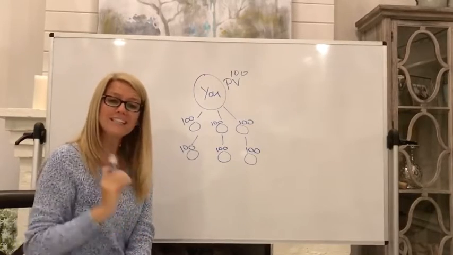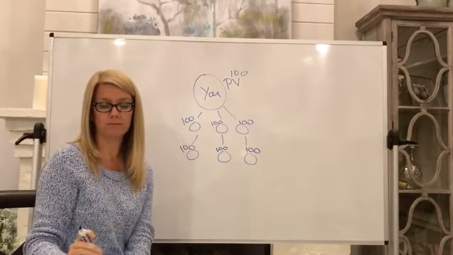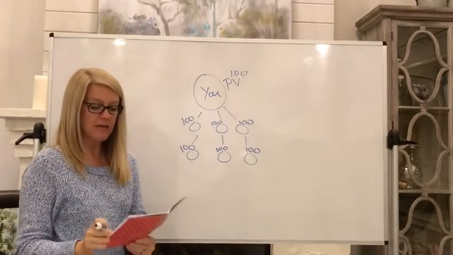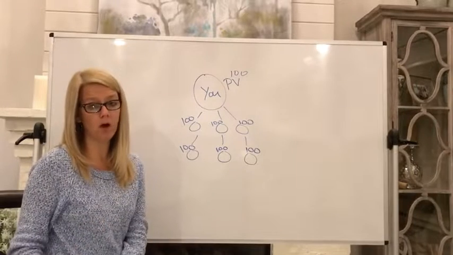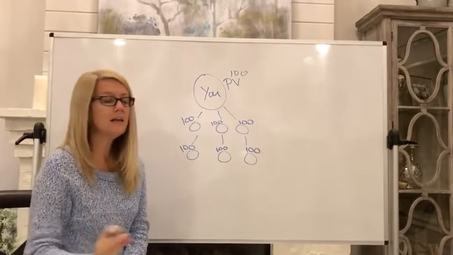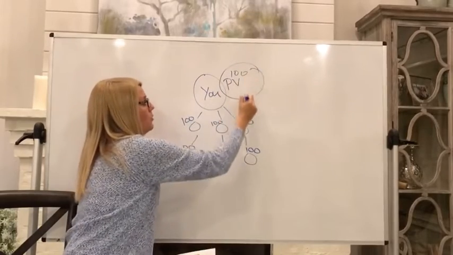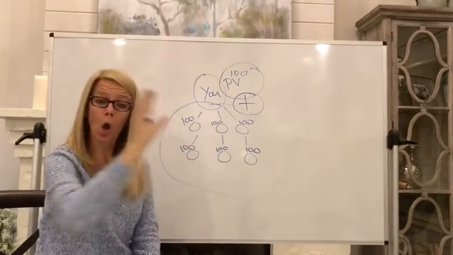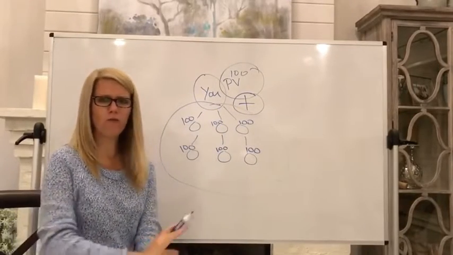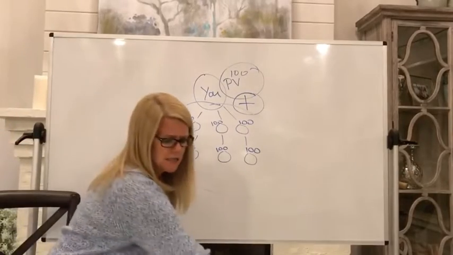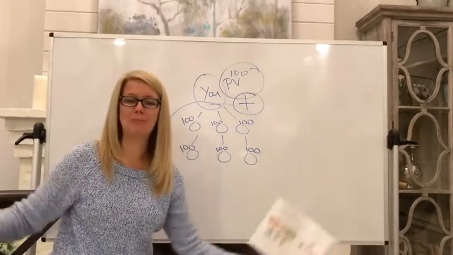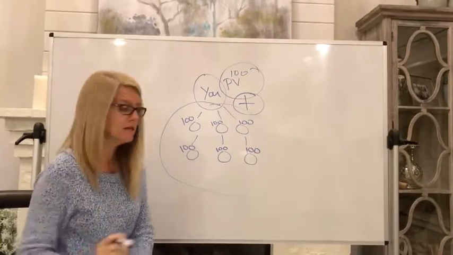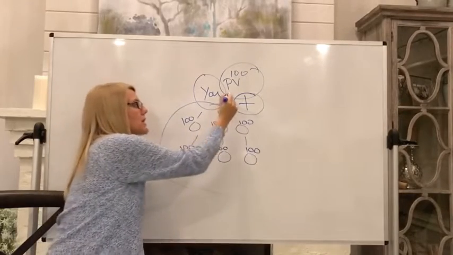OGV is organizational group volume. PV is personal. OGV is organizational group volume. That is your PV plus everybody's PV in your whole entire organization. From now until eternity, down infinity and beyond, below, whatever people order, their PV in your whole organization plus your